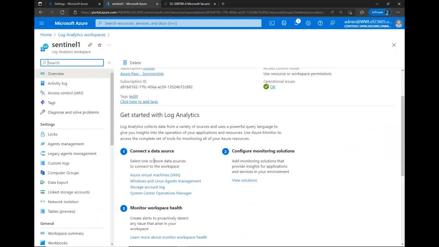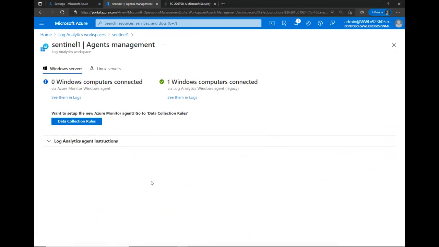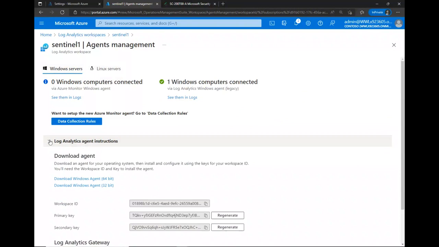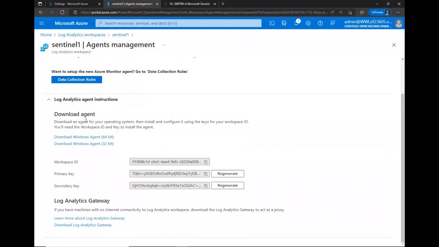And we can access through two different options, from the settings and then locating the agent management, or from the getting started with log analytics at the right and looking at step number 1, connect data sources for Windows and Linux agent management. Clicking on each of the two options we will be redirected to the same place. And we are going to see, are you planning to connect the agent for Windows or Linux servers? So for the instructions here, you can download the agent from here,